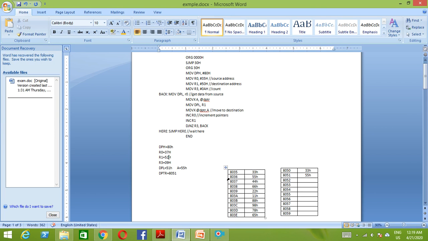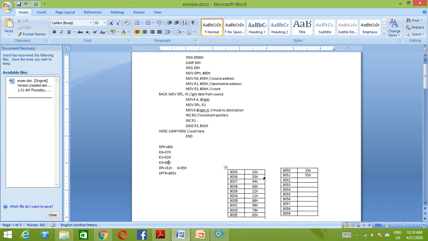So now like this it keeps incrementing. Then DJNZ R3, back. So r3 is decremented, so it is going to be 8. Then it is checked whether it is 0 or not. It is not 0 obviously, and it is going to jump back to this location and repeat the same execution.